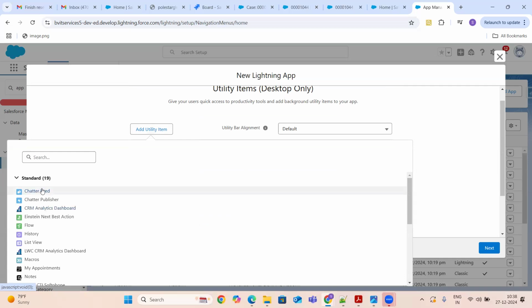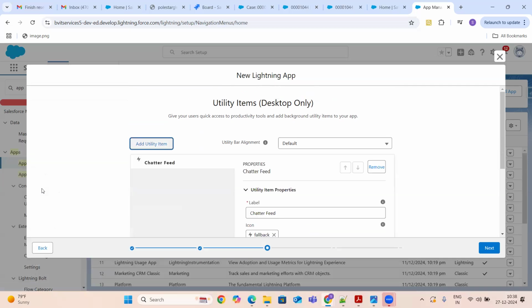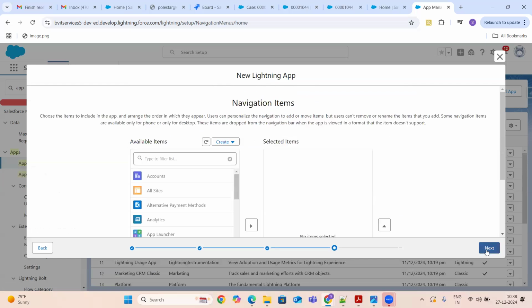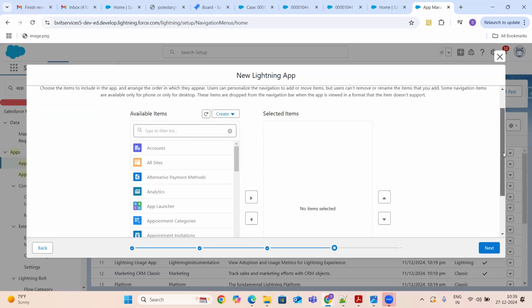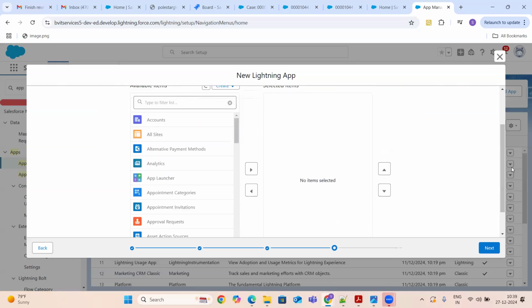So that is one of my utility items. Click on next.